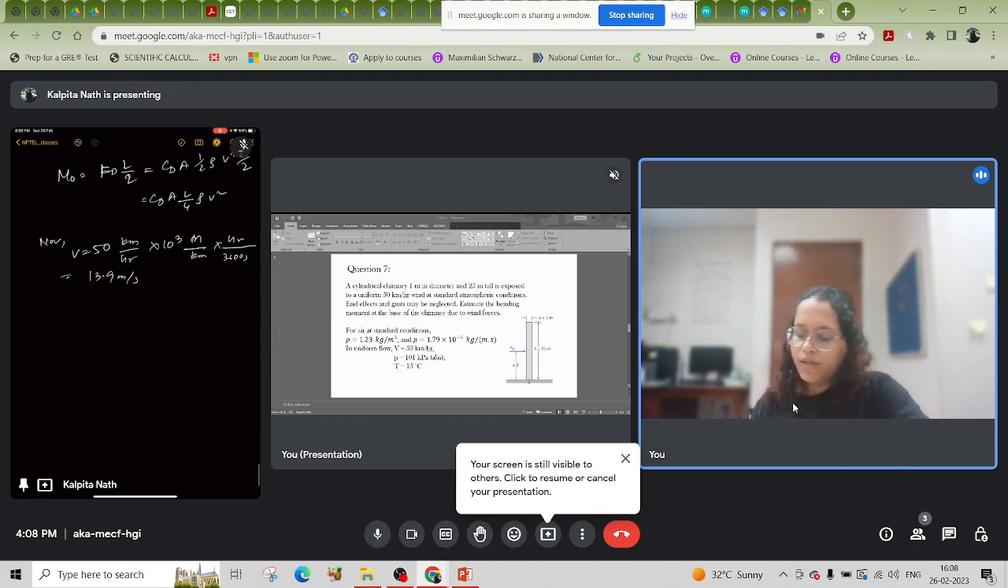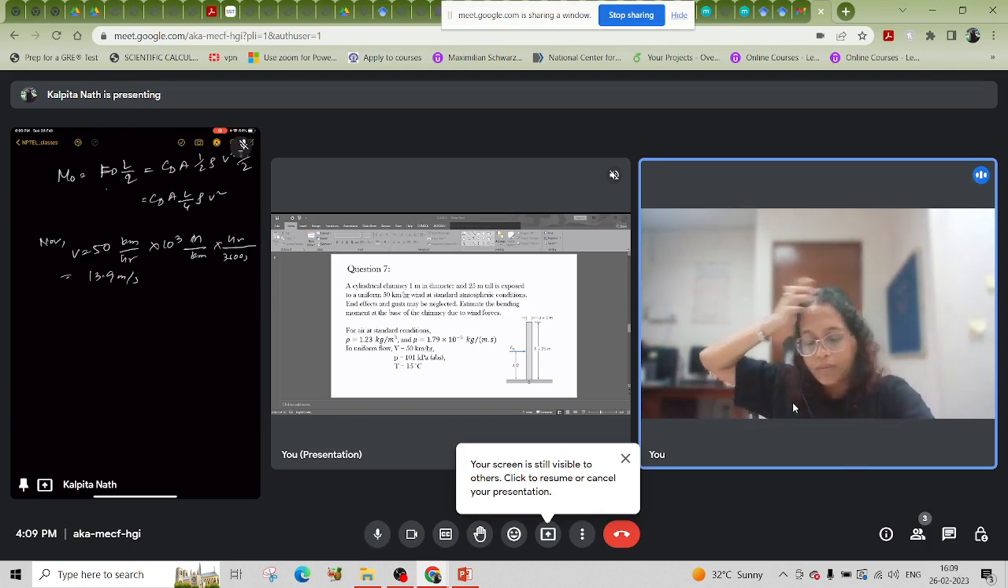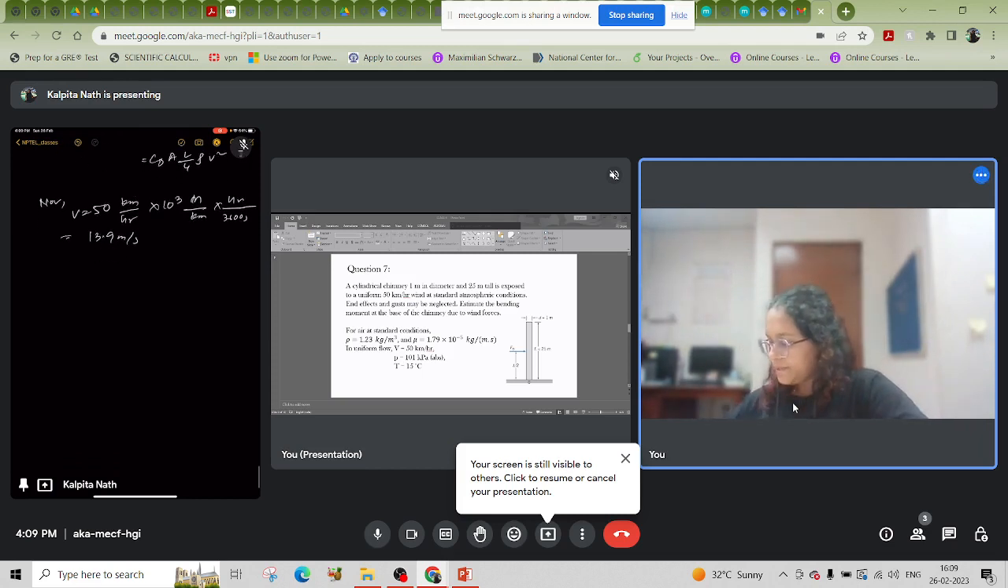Okay. So moment is equal to drag force into L by 2. That is the distance of action of the force. And Fd we can calculate from the drag force. And drag force is equal to this. There is the drag force. This drag force is equal to CD into that we already know, right? So here at standard temperature and pressure, density is equal to 1.23 kg per meter cube, and mu is equal to 1.79. It is already given in the question,